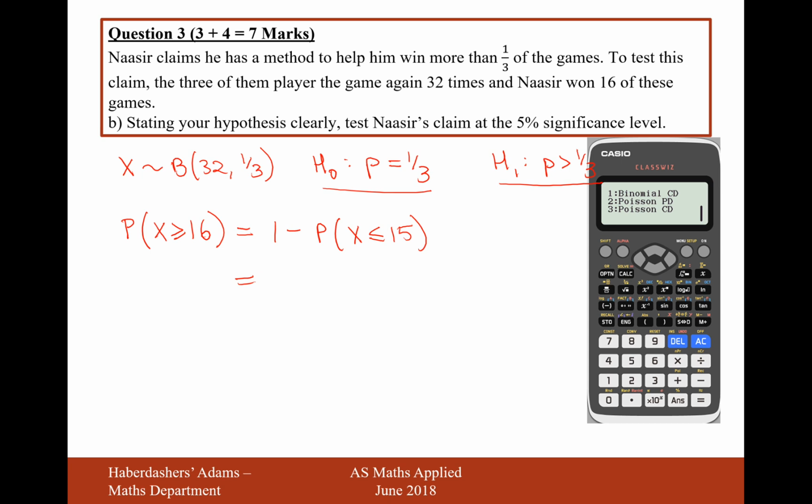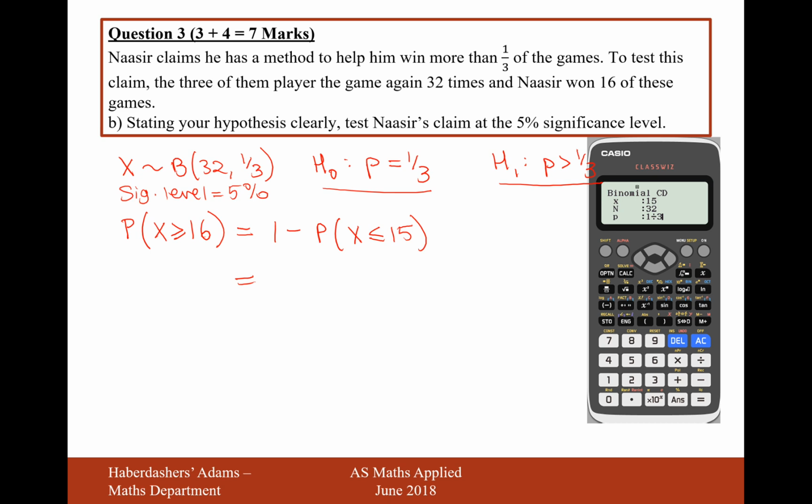So we'll go to option number 1, binomial CD. We'll hit variable again, so option number 2. We want to work out the probability of winning 15 games or fewer, and what we're doing is we're testing this to the 5% significance level. So we probably want to write that down at the top. Significance level equals 5%. Now what that means is if this probability comes out to be more than 5%, then there's a